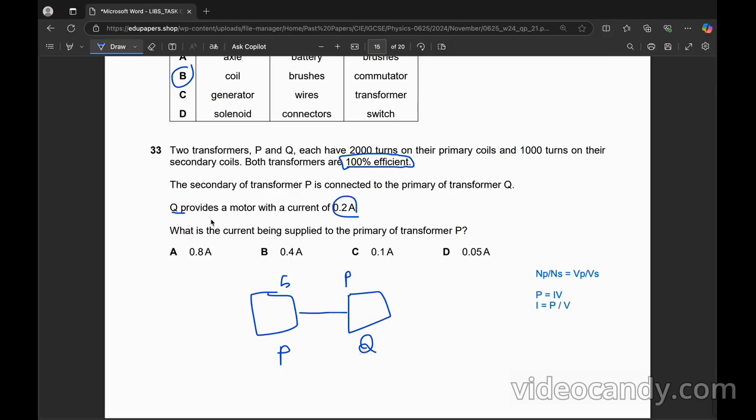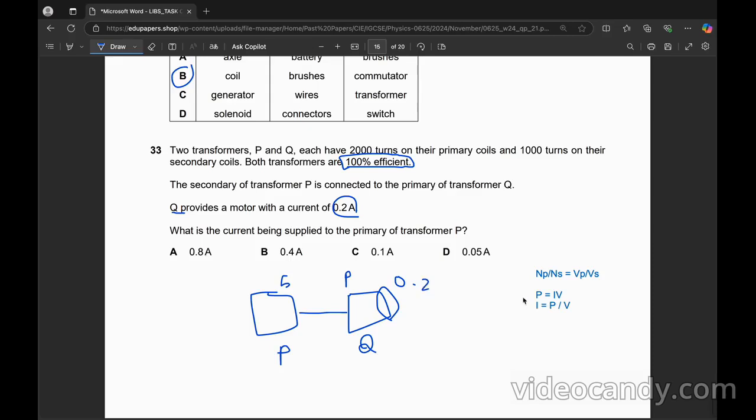So here it means that it provides a motor, which means the coil is connected to another electrical appliance, and that's usually done in the secondary coil, obviously, because in the primary coil you have the power source and input and stuff. So that means you can assume that the secondary coil has 0.2 amperes. And we just realized that